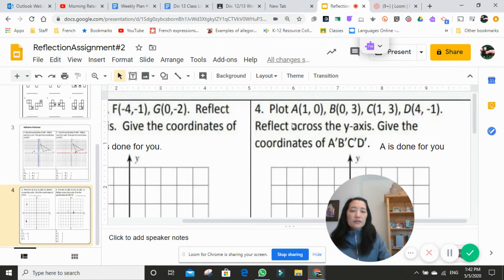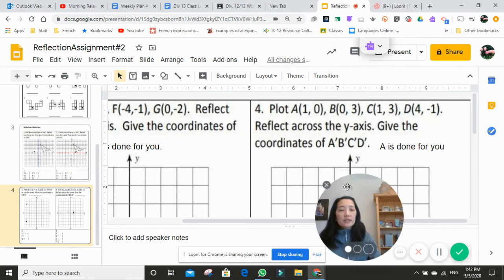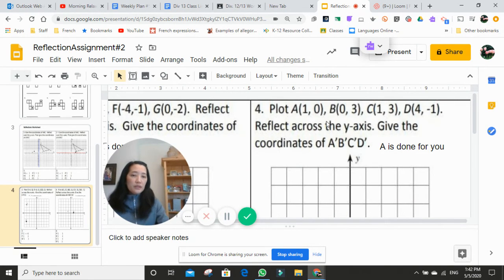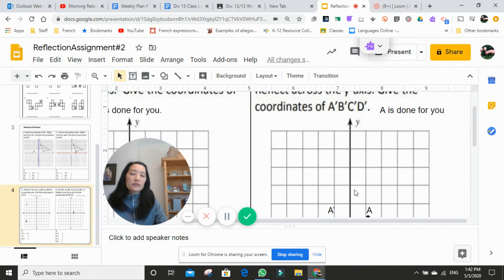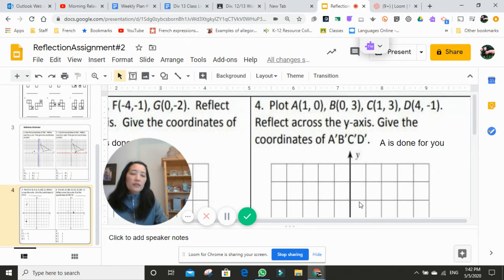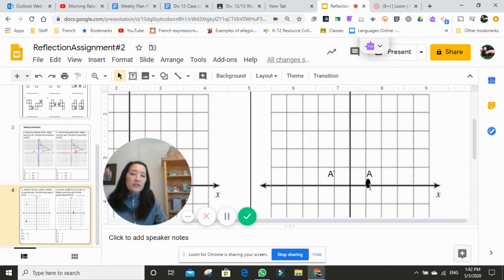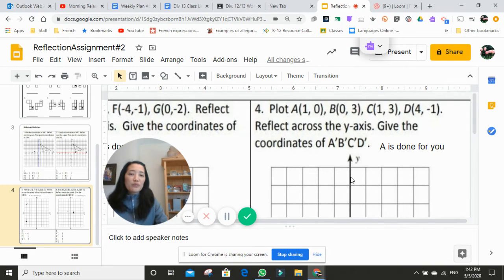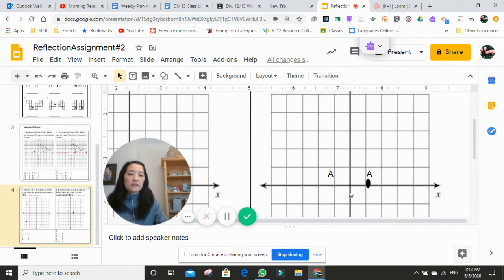And the second question on slide 4 is they're asking you to plot A, B, C, and D, and then you're reflecting over the y-axis. So I've done A, which is 1, 0, and I wanted to show you how to make the dot. And I'm going to reflect that over the y-axis. So this here, the vertical line is the y-axis, and I'm going to show you how to draw